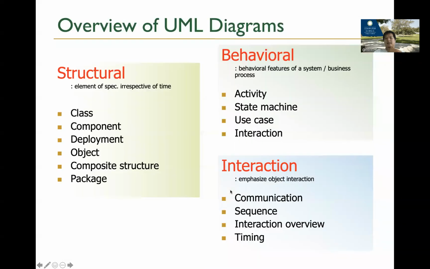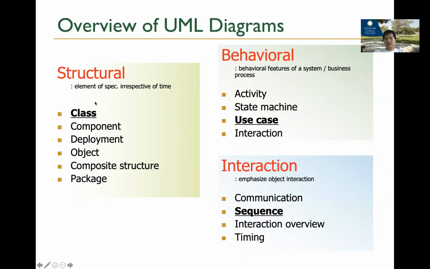All right. For the UML, there are 13 different diagrams. I don't know what the latest version is, but it used to be 13. There are 3 categories. There are structure diagrams, which talk about structure like class and object. There are behavioral diagrams, mostly about the functions you want to specify for each component, and also how different things interact with each other. Obviously, you don't need to know all of those. I just want to focus on these 3 from 3 different categories.